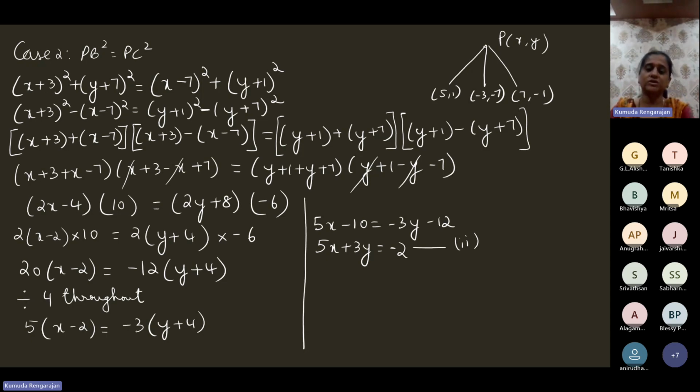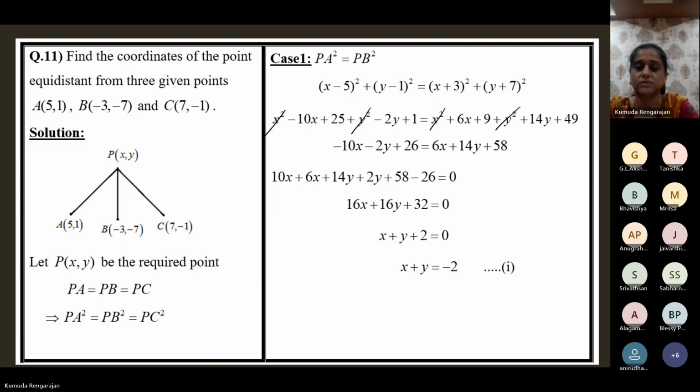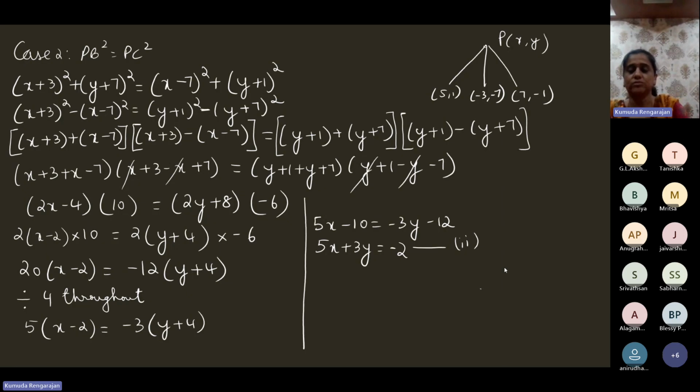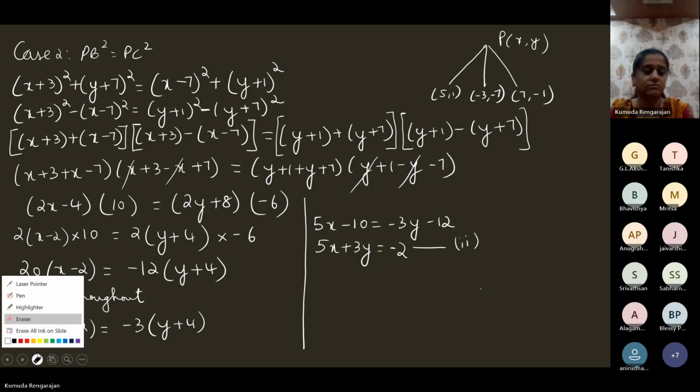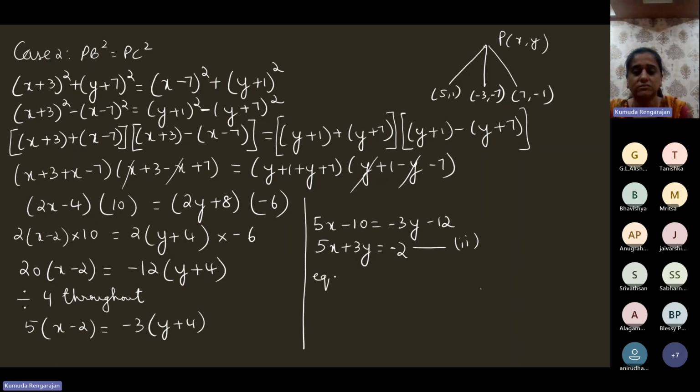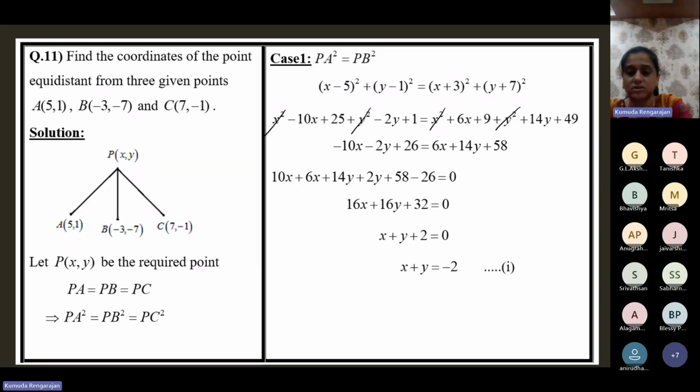Now you will have to solve the two equations to find the values of x and y. First equation, x plus y is equal to -2. So we'll multiply this one by 5 or 3. Equation 1 multiplied by 3 gives, what is equation 1 into 3? 3x, 3y